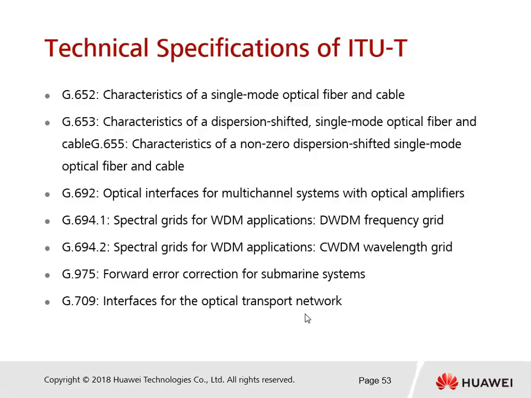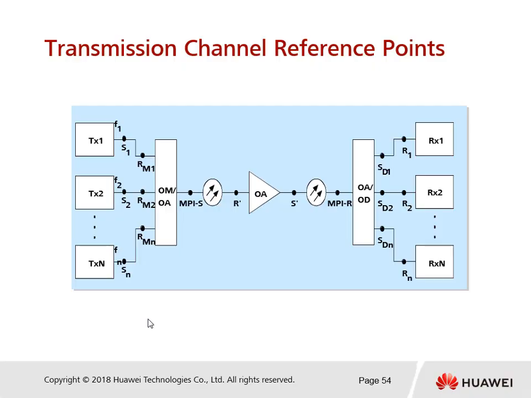But after we use WDM technology to transmit the service, we need some overhead to monitor the service quality, to do the OAM, to check the bit error, right? So the OTN protocol already gives us this standard. It tells us how to use the overhead and what the function of this overhead is to monitor your system. That's all defined by G.709, the OTN protocol. Okay. Two standardized optical interface parameters. The ITU-T